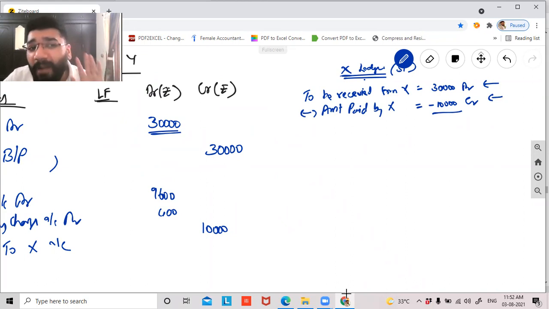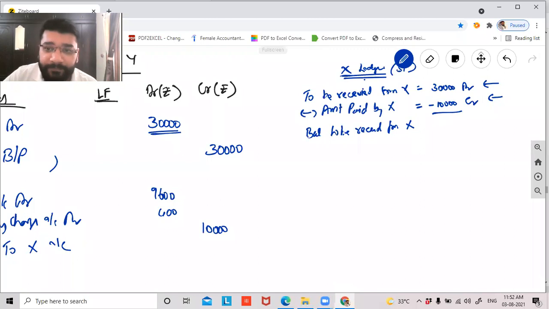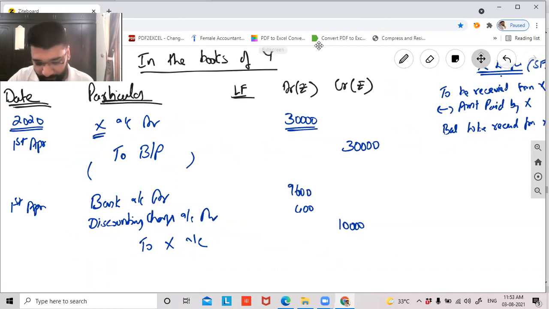So please tell me, what is the balance amount that I have to receive from X? What is the balance amount to be received from X? Please tell me. 20,000. Can I say it is a debit balance? Positive 20,000 rupees. Guys, concentrate on this Dr and Cr also side by side. Debit means I have to receive. Credit means I have already received it. So the balance is 20,000. Is this clear or not clear? Clear, sir. All of you clear? I won't answer for everybody.